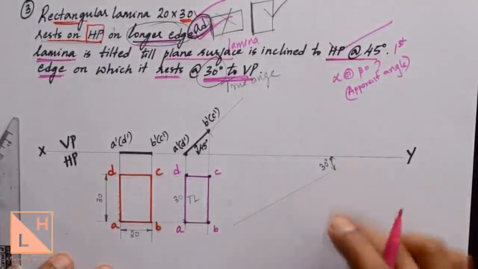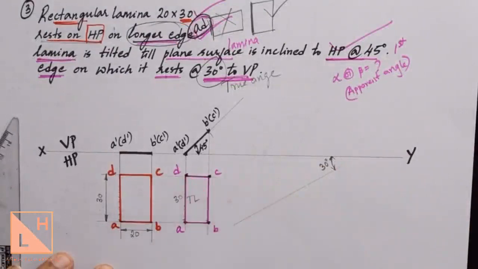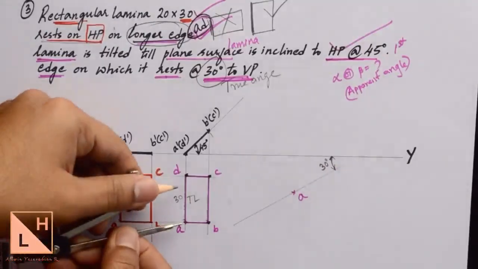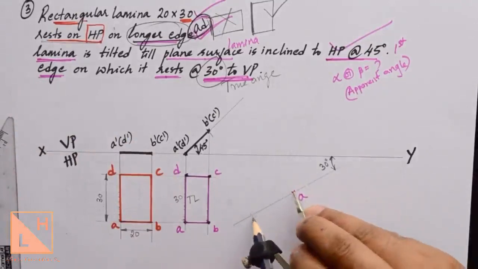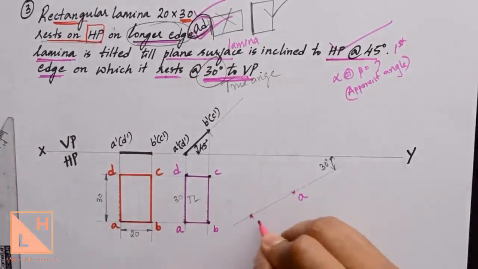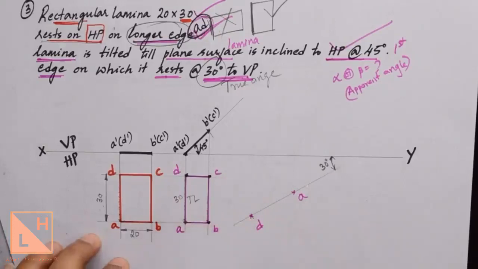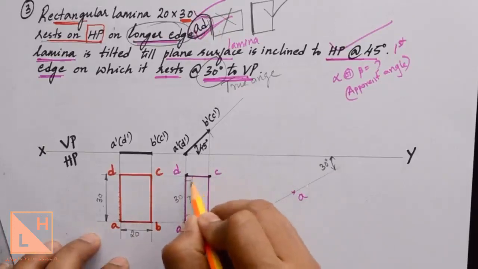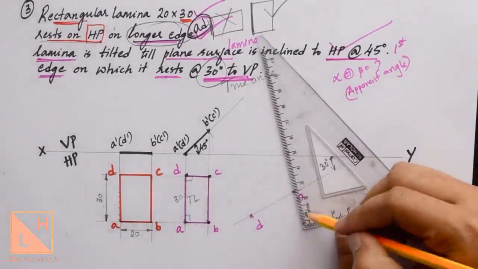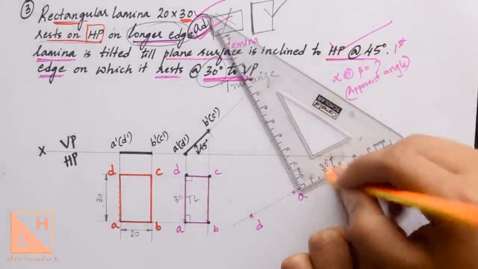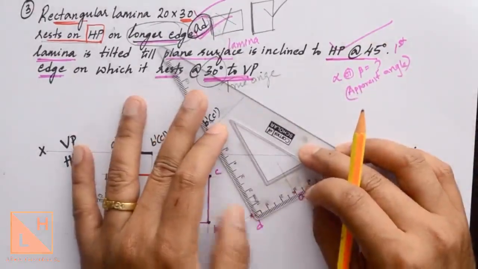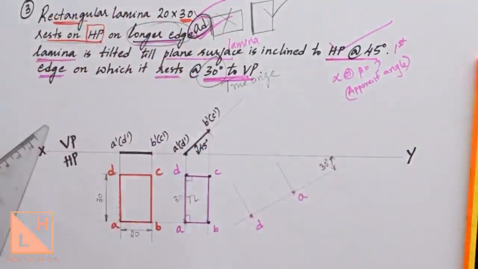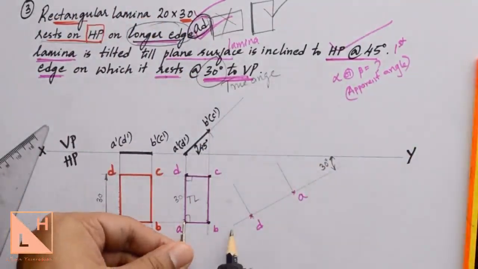Now on this 30-degree line, you place any one of the points between A and D. I'll place the point A somewhere here. The distance between A and D is known, so you can measure it using the compass. Cut the arc from A. This intersection will give you the point D. Now since this is a rectangle, again we are going to have 90 degrees and 90 degrees here. So you can use a set square. This corner will give you 90 degrees. Hold this edge parallel to the 30-degree line. You can measure the distance from A to B.